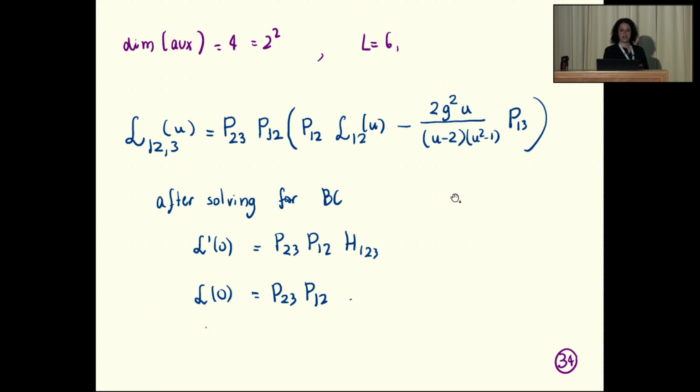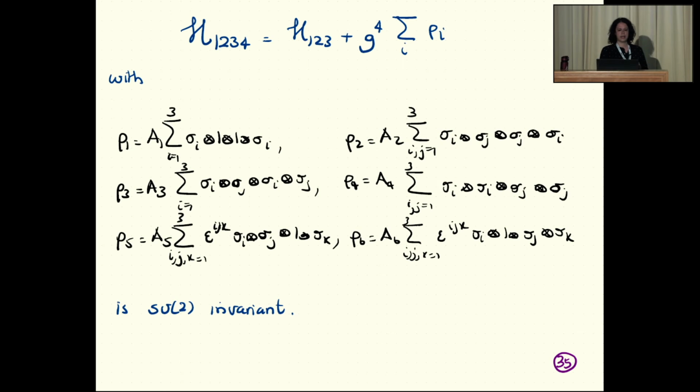So this case was very nice and simple to solve, and then we got both the Lax and the R matrix for this 2 loop. The R matrix you can get just by perturbatively solving RLL. And then the next thing we decided to do was try to do 3 loops.